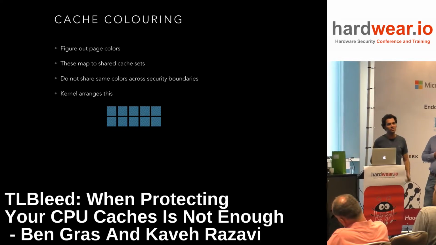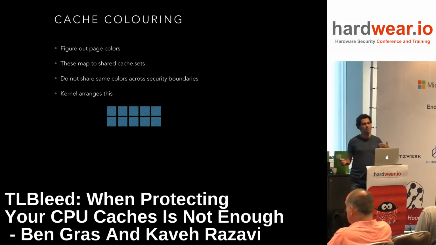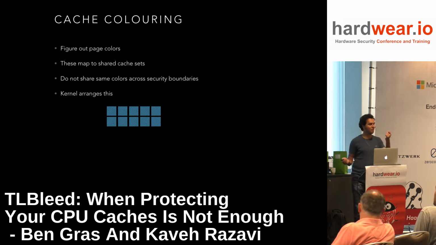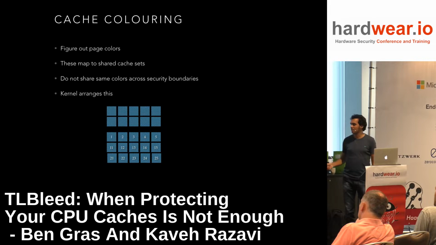What you want to figure out is how your memory addresses are mapped to cache locations. And since there are a limited number of cache locations, you could attach a tag to it and call it a color. So you could say, okay, I have a color blue, and all these memory addresses in the system would map to color blue, right? And this is how it would look like.